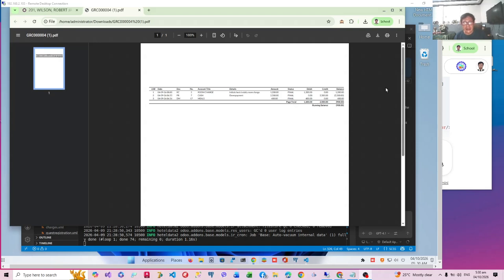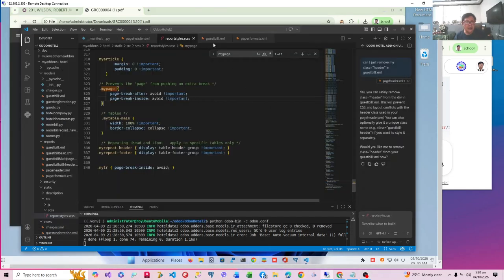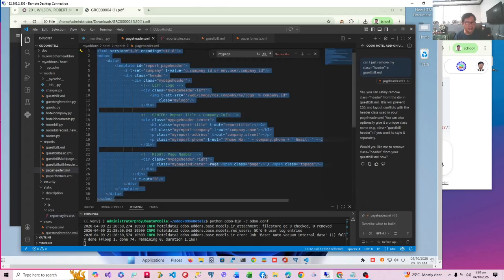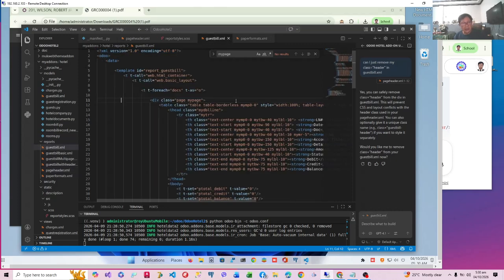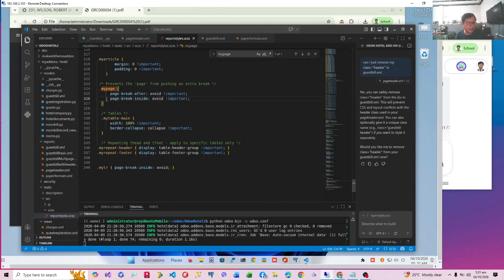We have to remember that we have this code in VS Code, and I have made slight adjustments to the VS Code. Okay, I have created my page and my TR in my classes. Anyway, what do they do? They make sure that the page break before and after are not inserted, because we will use this later in the multiple page report. We also avoid page breaks during table rows.